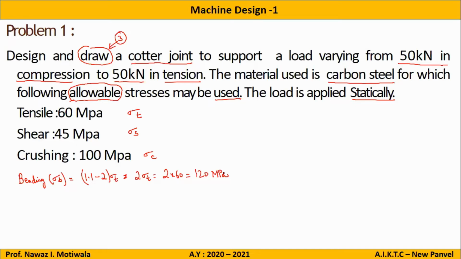If in this place, in place of allowable, it was yield stress or it was ultimate stress, then what do we need to do? Then what we need to do if there is the yield word or ultimate word here? We have to divide by factor of safety. Yes, we have to divide all the values by factor of safety. And what factor of safety will we use? 4 or 5. Yes, for quarter and knuckle joint, I have already told you we can use 4 to 5. Okay, so let us start.